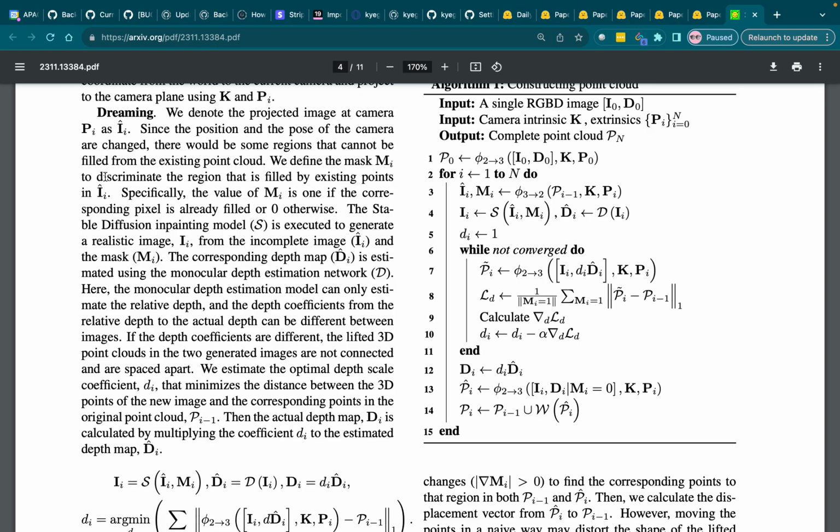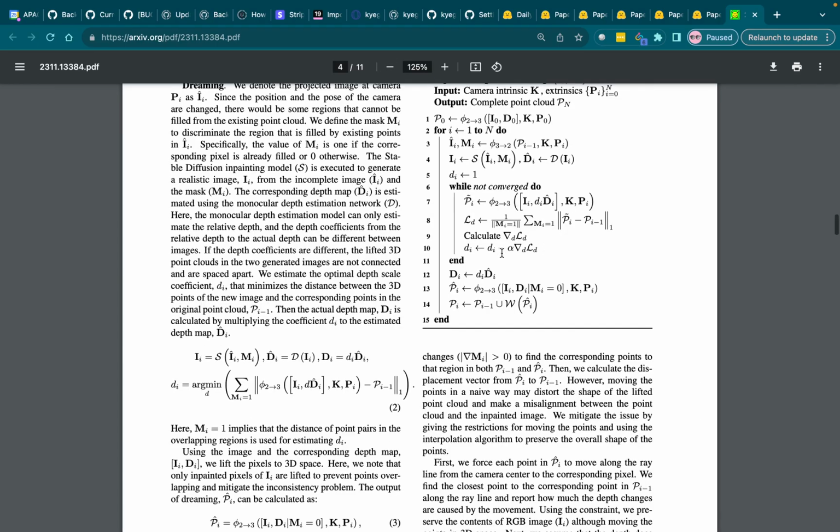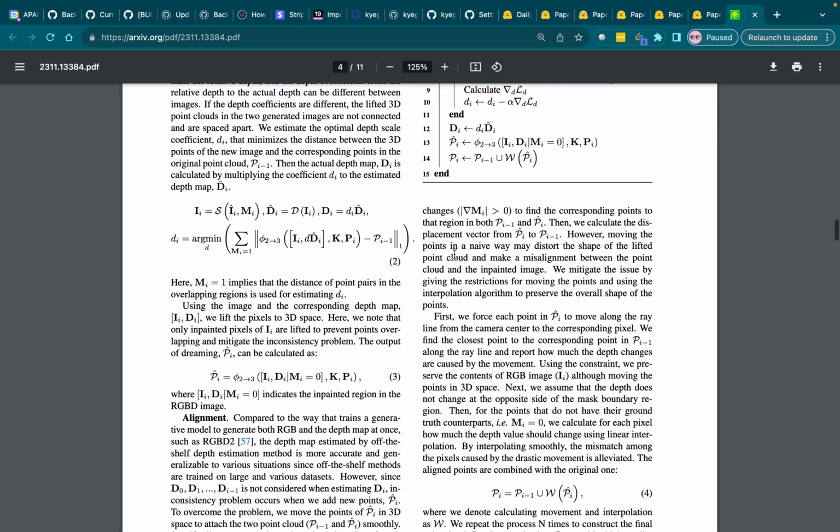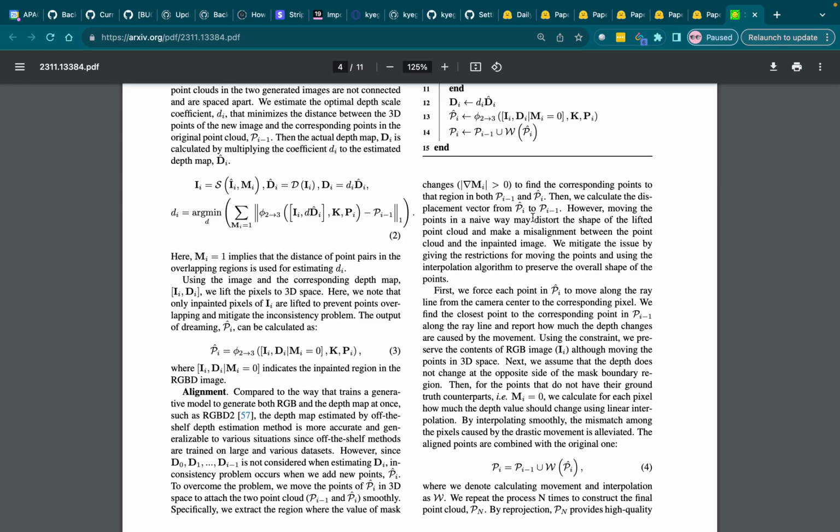The final equation in the algorithm is explained in equation 4. I'll keep going. First, we force each point in P hat sub I to move along the ray line from the camera center to the corresponding pixel. We find the closest point to the corresponding point in P I minus 1 along the ray line and report how much the depth changes are caused by the movement. Using the constraints, we preserve the contents of the RGB image I sub I,